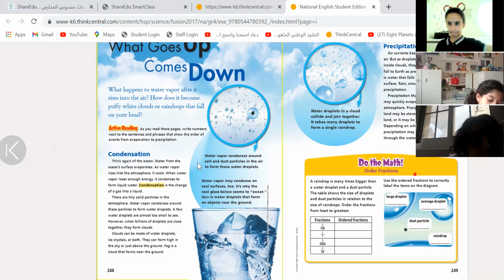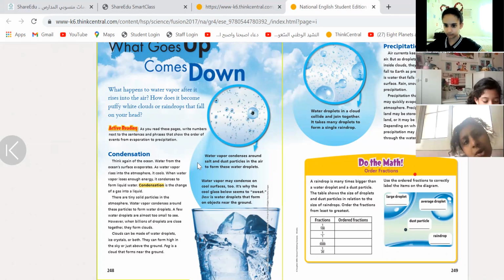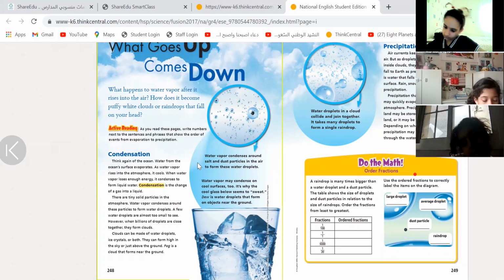Now, for example, if you are washing your blouse and you want it to dry, what are you going to do? You're going to put it in the sun, outside. So the sun will evaporate the water on your blouse. After 1 hour or maybe 5 hours, your blouse will become very dry. Why is that? Because the sun evaporates all the water on your blouse. See? So this is evaporation. Now I get it.